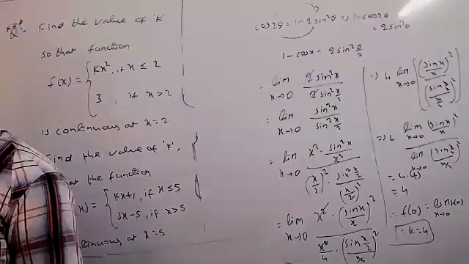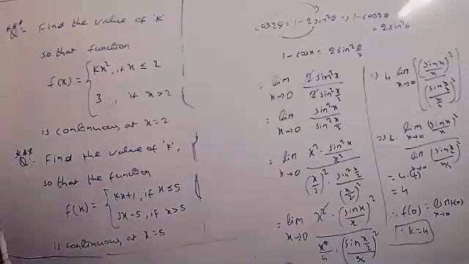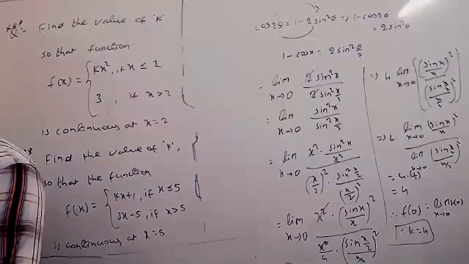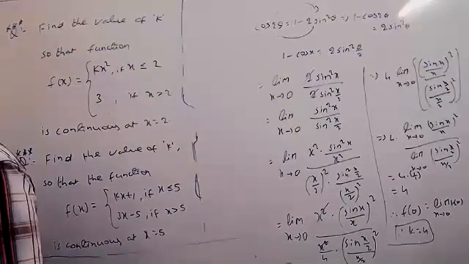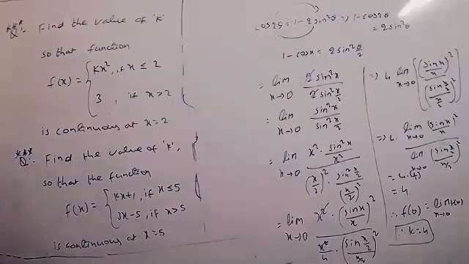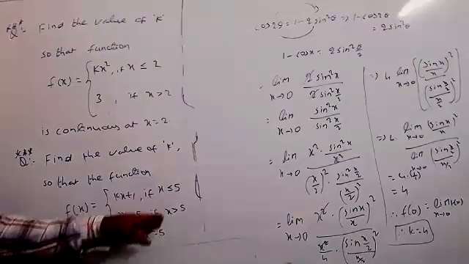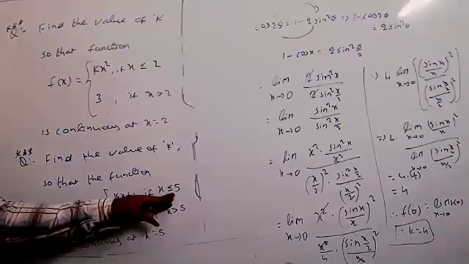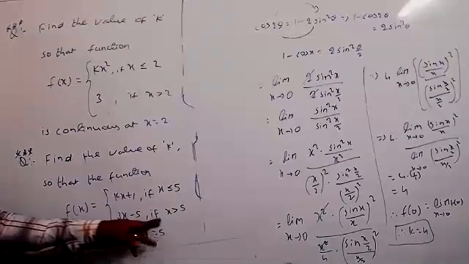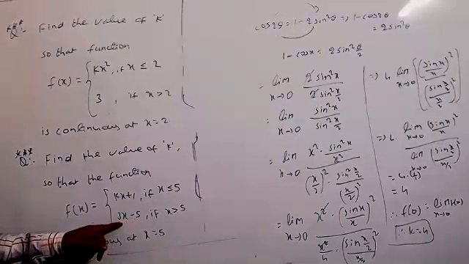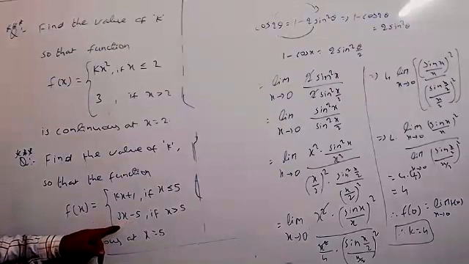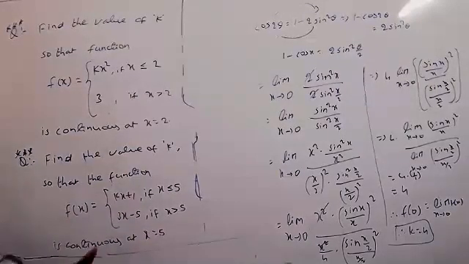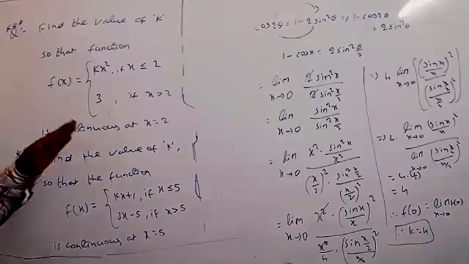I'll ask the answer. Compulsorily you have to give the answer to me. Same procedure here, no difference at all. X equal to 5 we are taking. X equal to 5 means we will take kx plus 1, and x less than 5 also the same thing. And x more than 5 means we will do the second function, 3x minus 5. Understood? You can equate both of them and we get the value of k. But write the procedure very clearly.